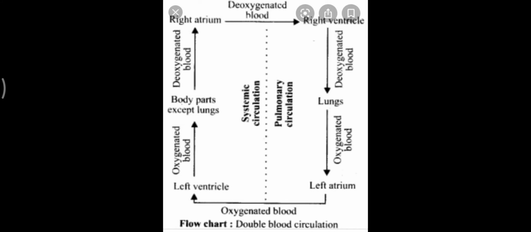The aorta carries it to all the other body parts. Now within the body parts the blood gets deoxygenated. It gets into the right atrium. From the right atrium it gets into the right ventricle, and from the right ventricle the pulmonary artery collects the deoxygenated blood and